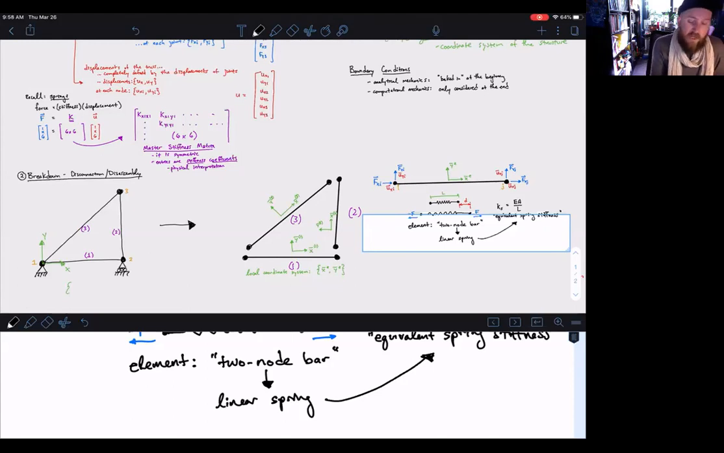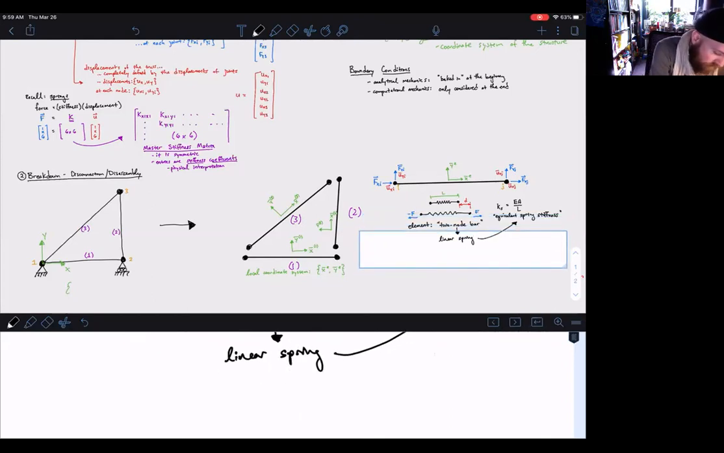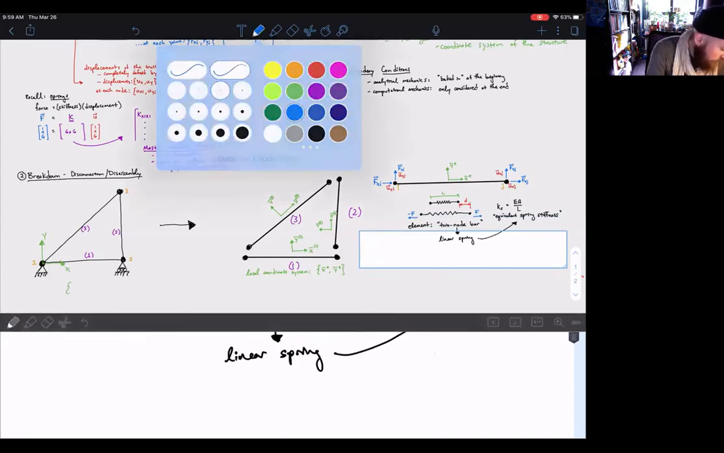Okay, we're talking about an individual member. And so for each individual member, since we have 4 forces and 4 displacements, we can write down the member stiffness equations and the member stiffness matrix. So we have 4 force vectors, 4 displacement vectors. So we should be able to write that